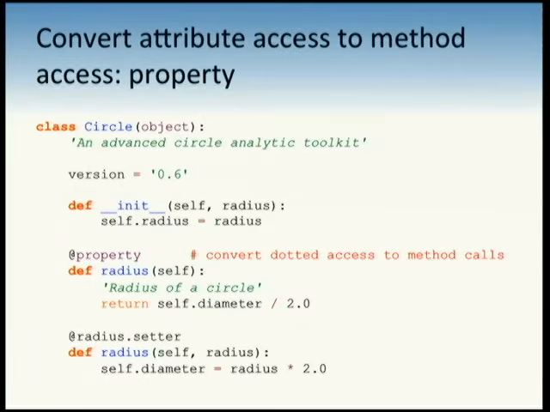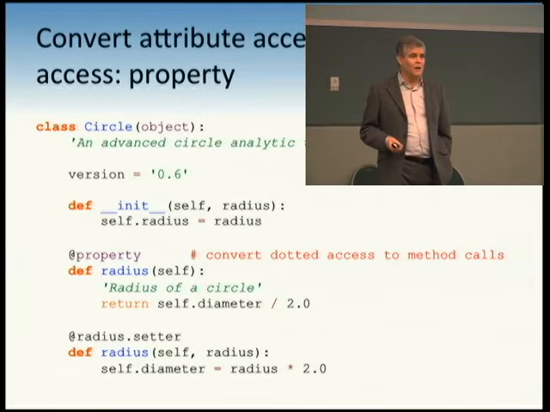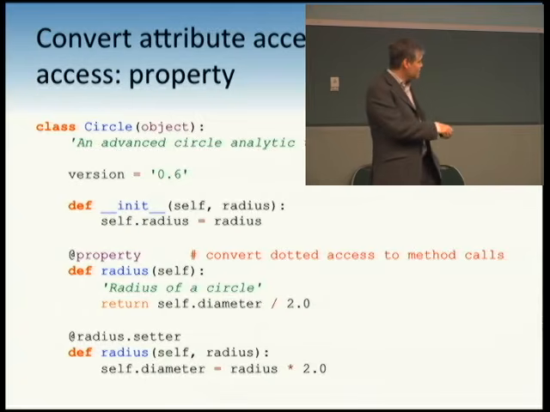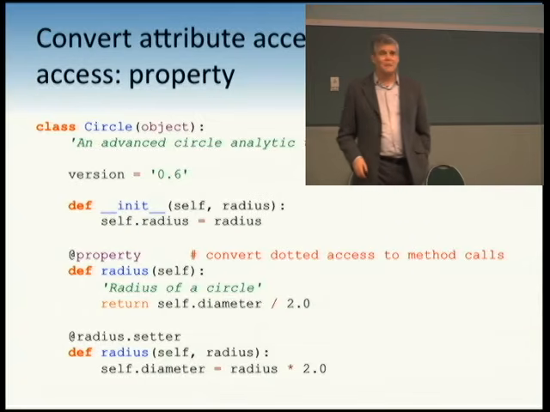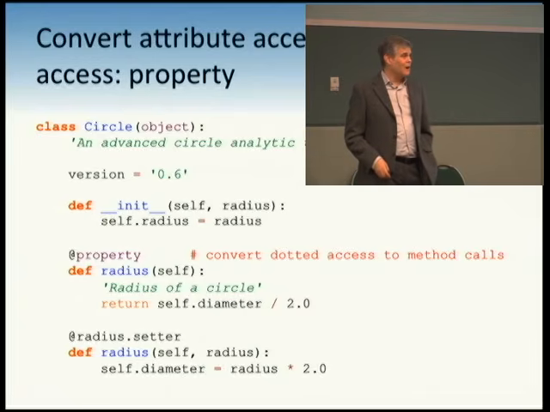Why? Because Python APIs are clean and beautiful. They don't have getters and setters everywhere. In fact, if you find yourself designing a getter and setter, you're probably doing it wrong. All you're doing is making it awkward for your users to access. Dotted access is a lot easier. If you actually need to make a change later, after the fact, it's really easy to do by putting in a property. This is a big, big win in our language.